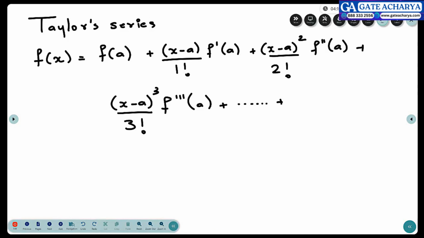About which point am I converting this into an algebraic function? About the point A. This is what Taylor series is. So that is the benefit of Taylor series. Any random function can be converted into an infinite series of what function? Algebraic function. The reason why Taylor focused on algebraic function is because